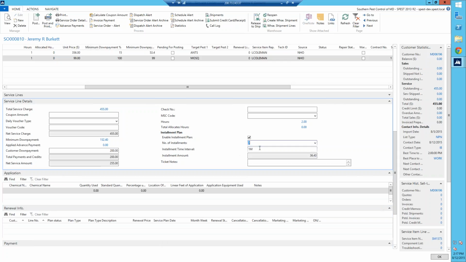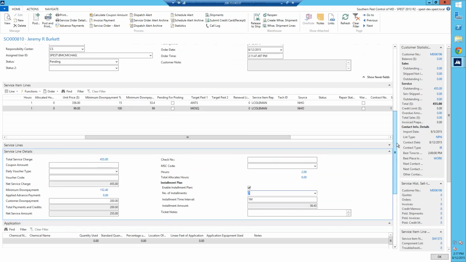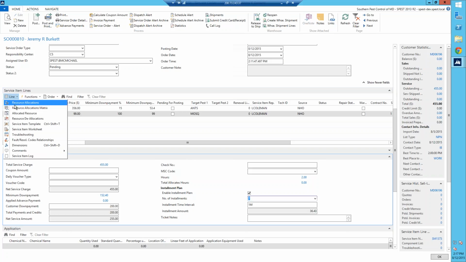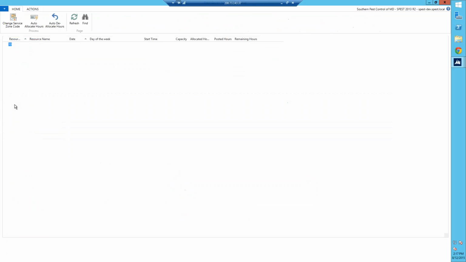Okay. All right. Okay, so now let's say you're ready to set it for somebody. That was under service lines, wasn't it? Actually, it's the next one up. Yeah, service item lines, and that's where you have the menu. Same menu where you selected the service item template. Yeah. So we go here, resource allocation,